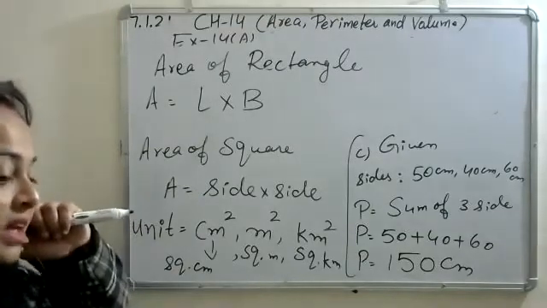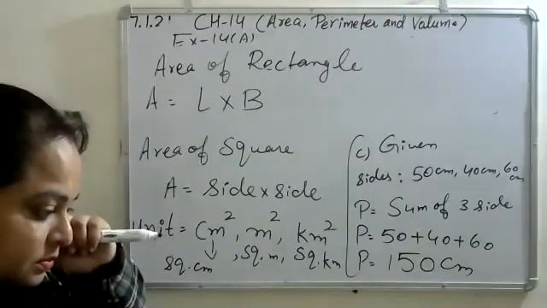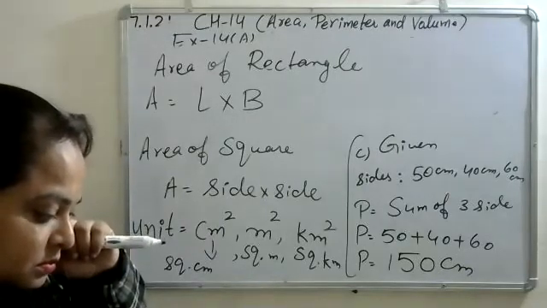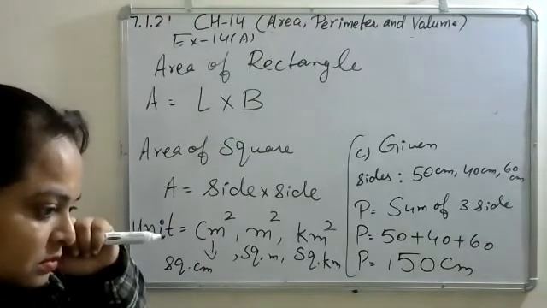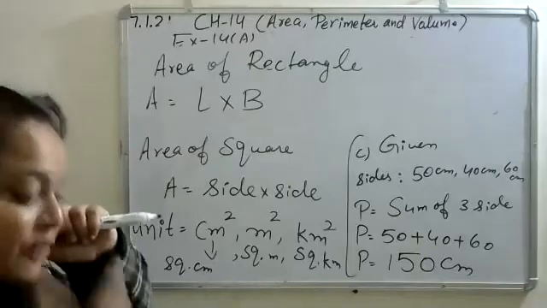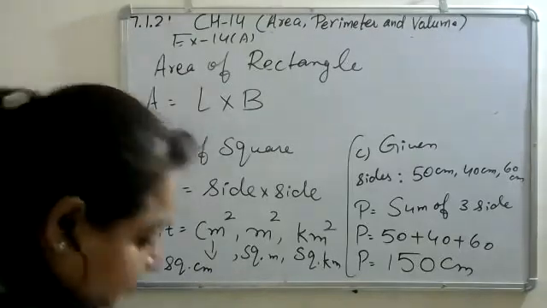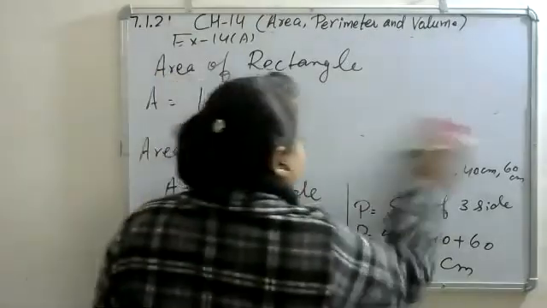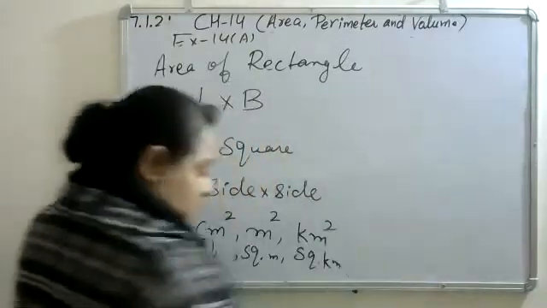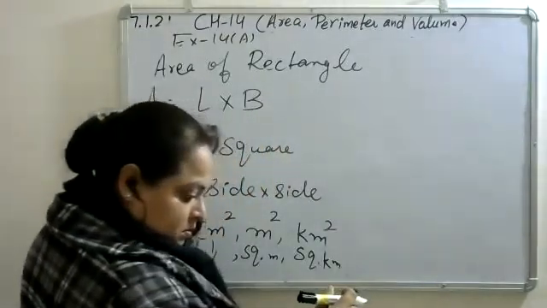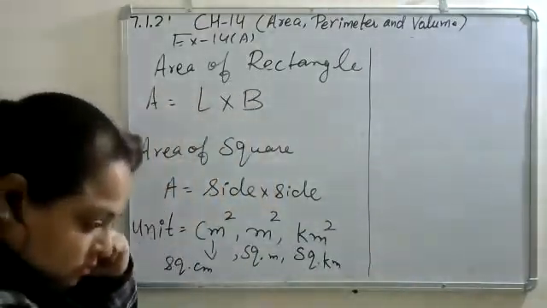Yes, Kratigya, beta, tell me what is the difference between perimeter and area? Ma'am, the perimeter is counted on the outer boundary and the area is counted in the inner portion. Yes, inner portion, measurement of inner portion. Now, start reading fourth question, Kratigya. Okay, ma'am. What will be the labor charge for tiling a hall 22 meter long and 17 meter wide at the rate of 8 per square meter?